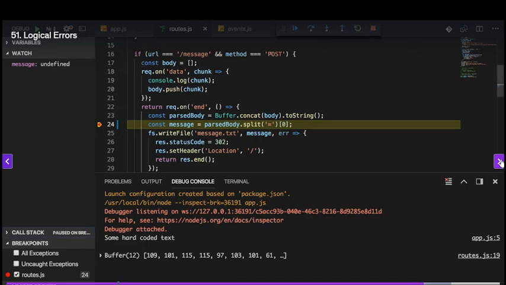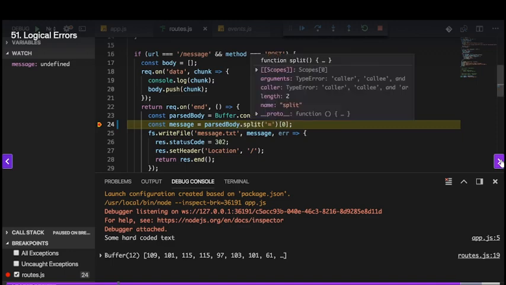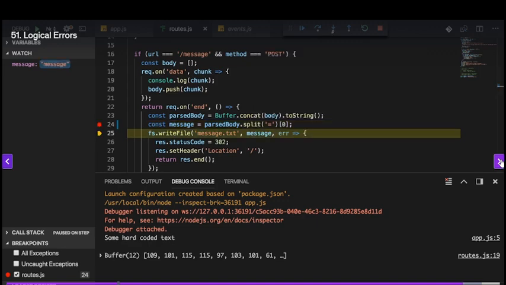Now to work it and to continue with your code execution, you can use that panel here at the top. You can resume code execution with the play button, but we don't want to do that. Instead, we want to step through our code step by step so that we can see when it fails or where it goes wrong. And you can do that with this button, which steps to the next line basically, or with this button here, which doesn't just step into the next line, but actually even goes into functions like this one. So if you click here, and again,